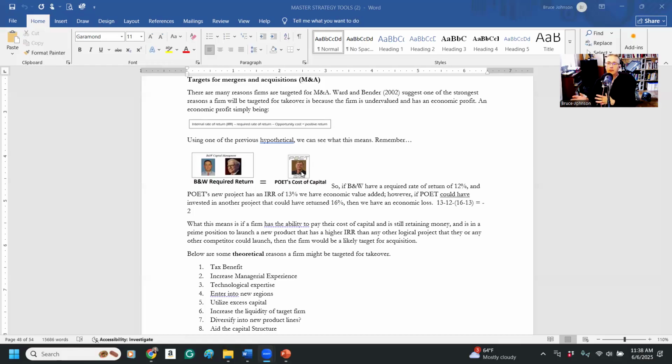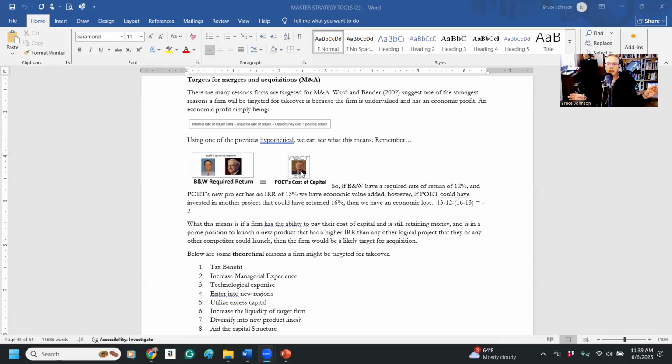Now, when Dan Loveland does a project like that, he doesn't just have stock as a form of capital, he doesn't just have common stock or preferred stock. He can also go to the bank and borrow money. So let's say Dan needs $10 million. So he gets 5 million from Warren and I. We're going to say he expects to receive a rate of return on his algae biofuel project of 16%. He knows he has to return the 12% to Warren and I, and pay us back in 5 years.